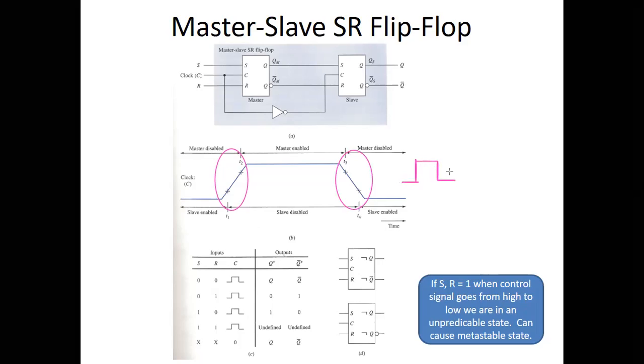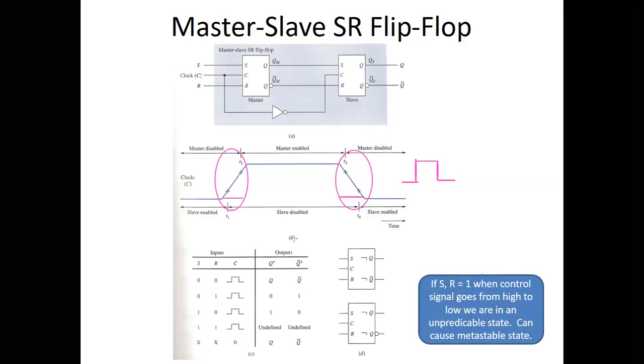That is because we have not given any delay. If you give a delay, this will be the rising edge delay and this will be the falling edge delay. The delay will be from here to here. And here also the delay will be from here to here, rising edge delay and falling edge delay. We have not spoken about that as of now. So when clock is equal to 0, slave is enabled. When clock is equal to 1, master is enabled, slave is disabled. Again, similarly, when clock is equal to 0 over here, slave is enabled and master is disabled.